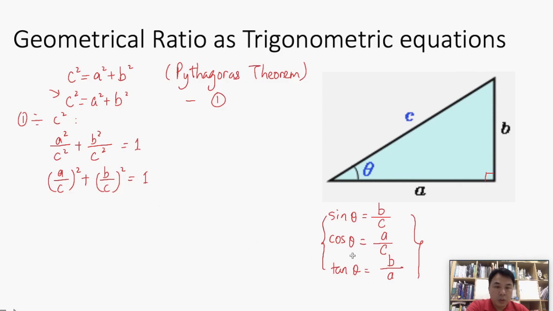We are going to check whether we have anything that we can relate to the ratios themselves. First of all, a divided by c is given by cosine, and b divided by c is given by sine. So therefore, by using substitutions, we can write this as